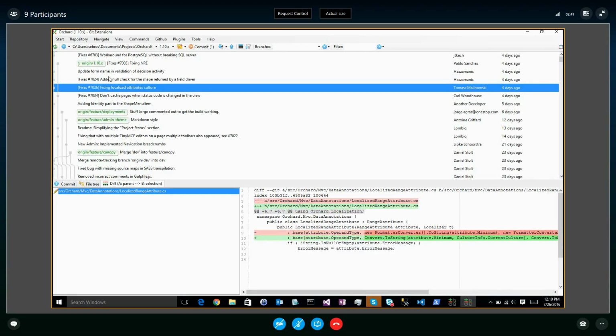I don't know many people using this feature, localized attributes. The localized data attributes, so that when there is a validation on the model binding, it can be localized. So there is range attribute, there is a regex attribute, and all these ones have messages. So we made localized ones,